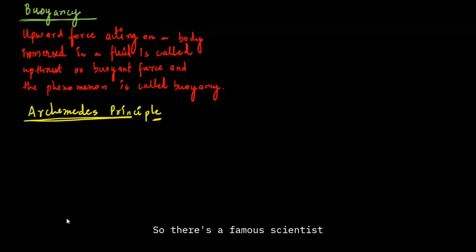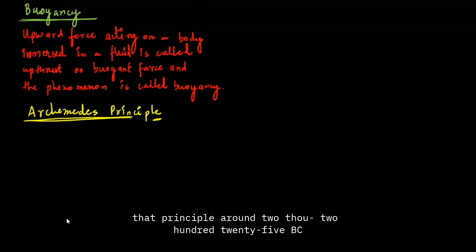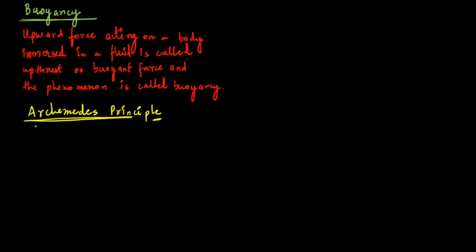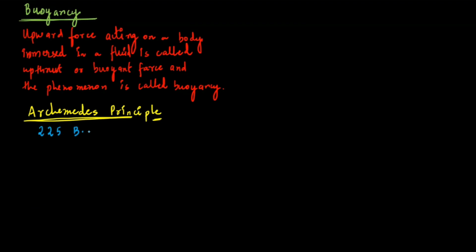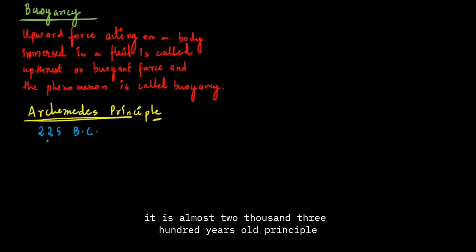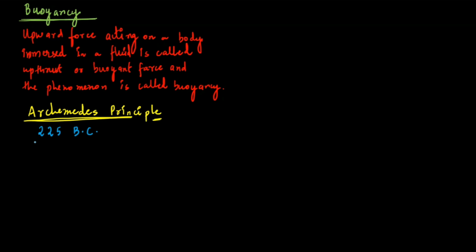There is a famous scientist, a great Greek scientist, Archimedes, and he gave that principle around 225 BC. If you try to understand this physically, it is almost 2300 years old, way too old. We cannot even imagine how old it is. It was there before Christ. So according to Archimedes principle, it says,